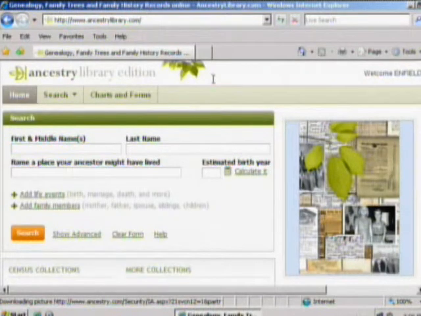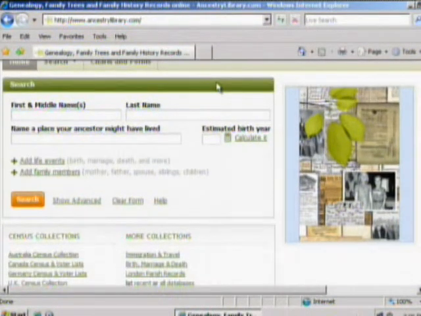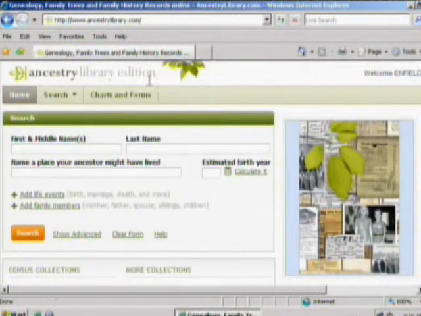So a quick 10-minute presentation is difficult to really touch on all of those databases that are available. But certainly we're going to take a look at the census information and how it differs a little bit from Heritage Quest. And also, a lot of you may subscribe to Ancestry.com as a personal subscription. And there are some nuances in the Ancestry Library Edition that are a little bit different. So we're going to talk about that too. But let's go ahead and get started with a name.